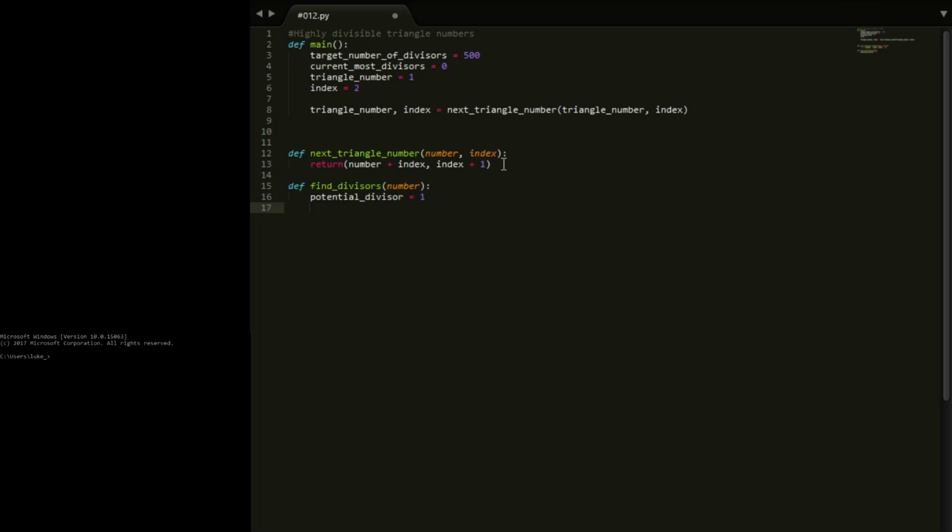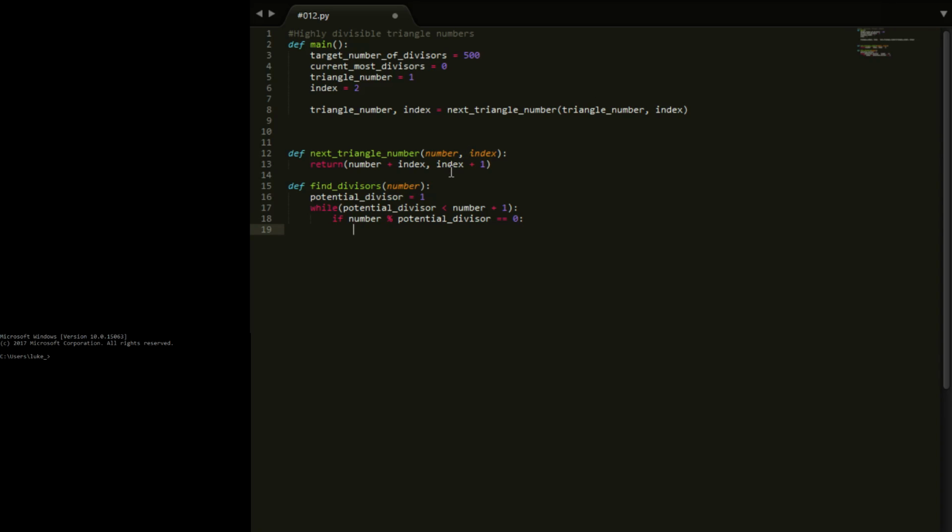Now, while potential divisor is less than our number plus 1, we want to say if number mod potential divisor is equal to 0,